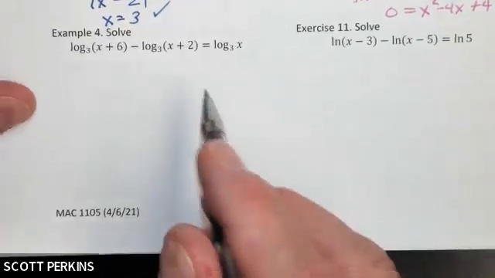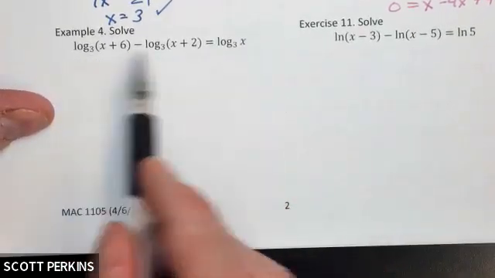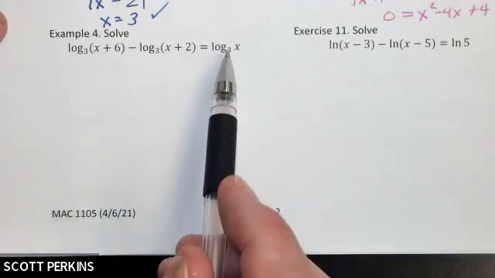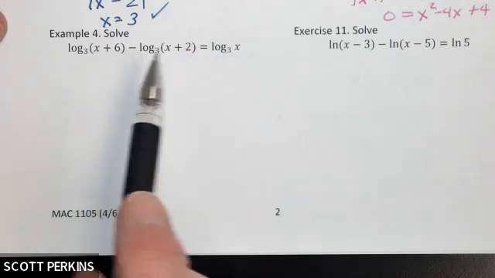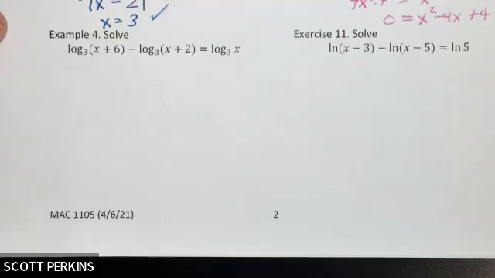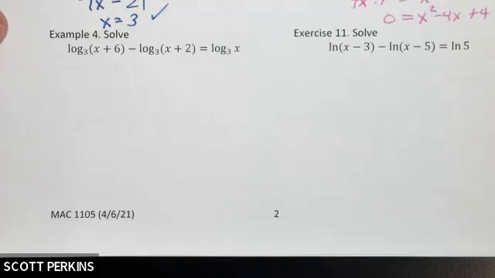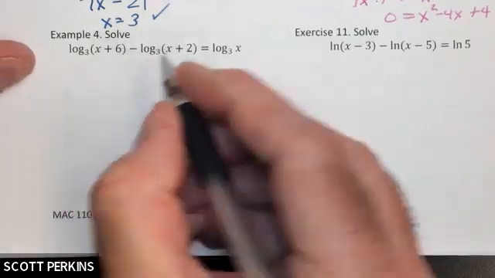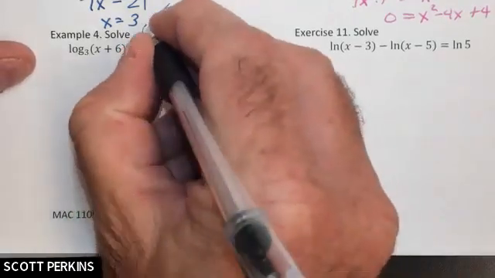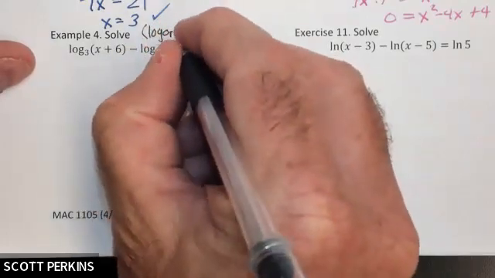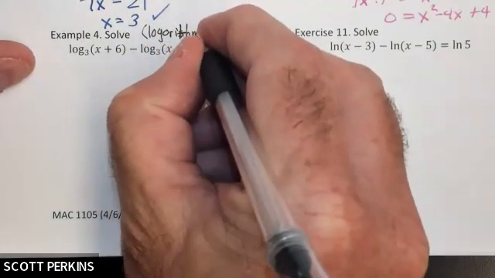So this one, notice this problem right here. I've got logarithms on both sides of the equal sign. Now you could, if you felt like it, bring all the logarithms over to the same side and use the properties and the definition. That's way too much work. We can do this in a little less work than that. So in the situation when we have logarithms on both sides,